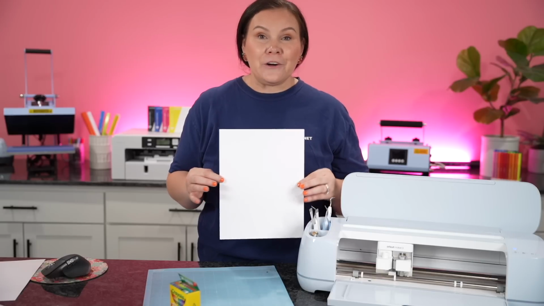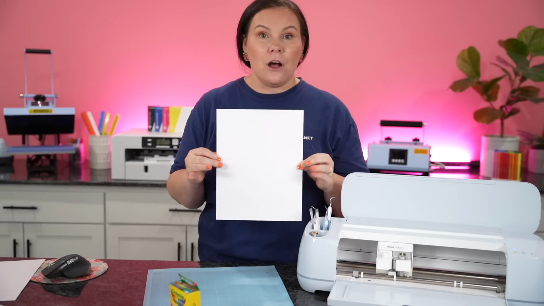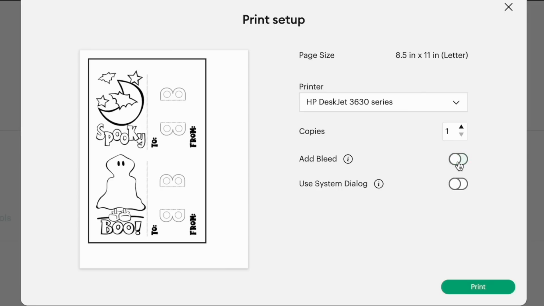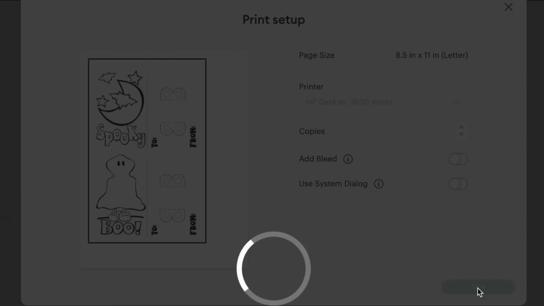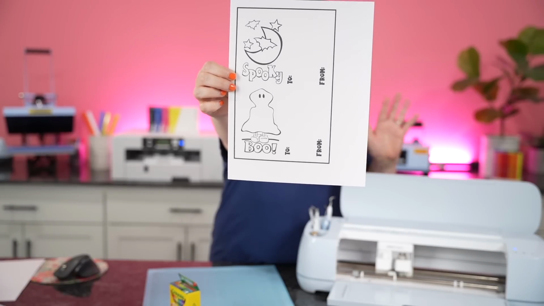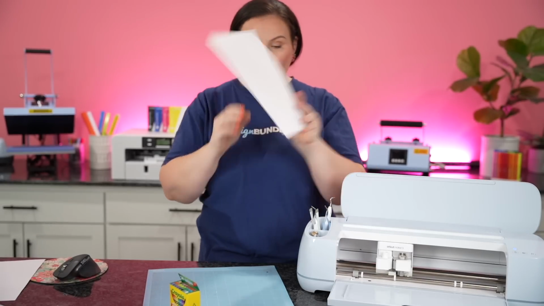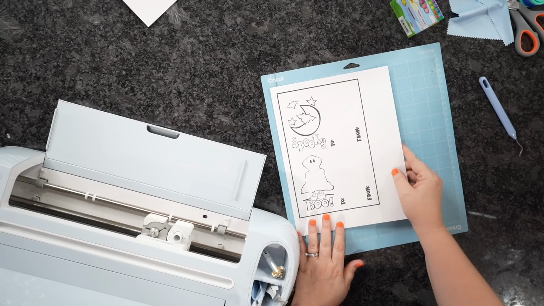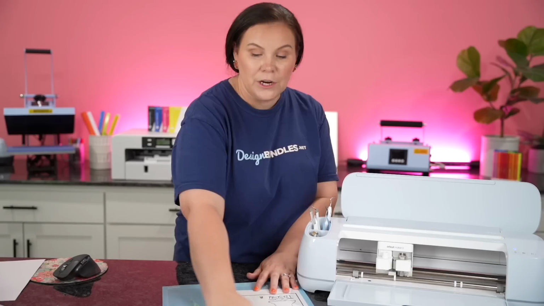And inside of my printer, I actually have a heavier cardstock ready to go. So now I've got my printer set up. I'm gonna go ahead and turn off the add bleed line, and I'm gonna go ahead and hit print. Once you send it over to your printer, you should have something that looks like this. So once you've got this, you're going to take your blue mat and you're just gonna go ahead and load it into the corner. So you just wanna make sure everything's nice and straight, and you're just gonna smooth it